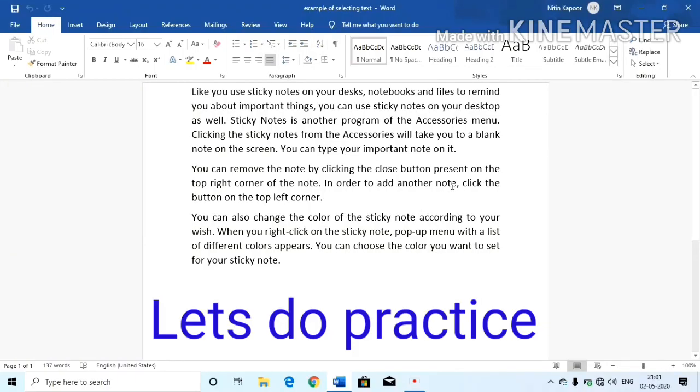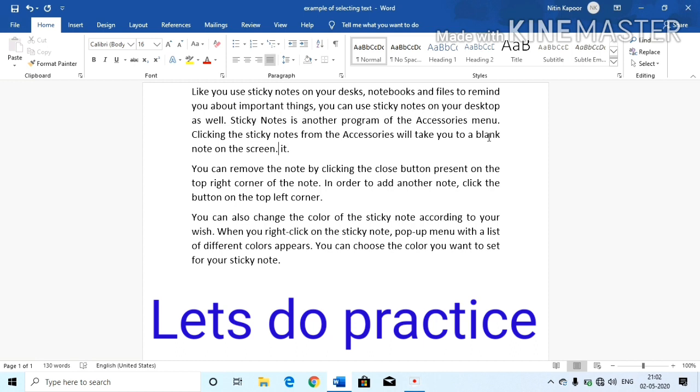In order to delete the text, we follow some steps. First step, place the cursor to the right side of the text that you want to delete. Second, press the backspace key once. Alternatively, you can select the text and press the delete key to make the deletion. Third, by bringing the cursor to the right of the word and pressing Ctrl plus backspace, you can delete a word.